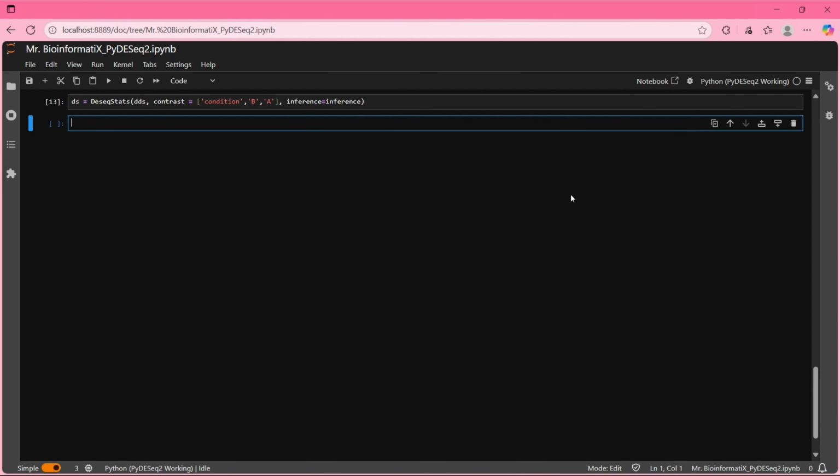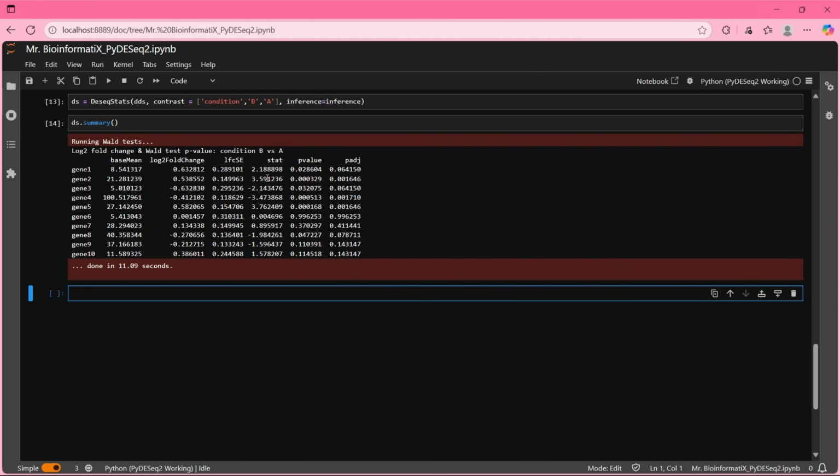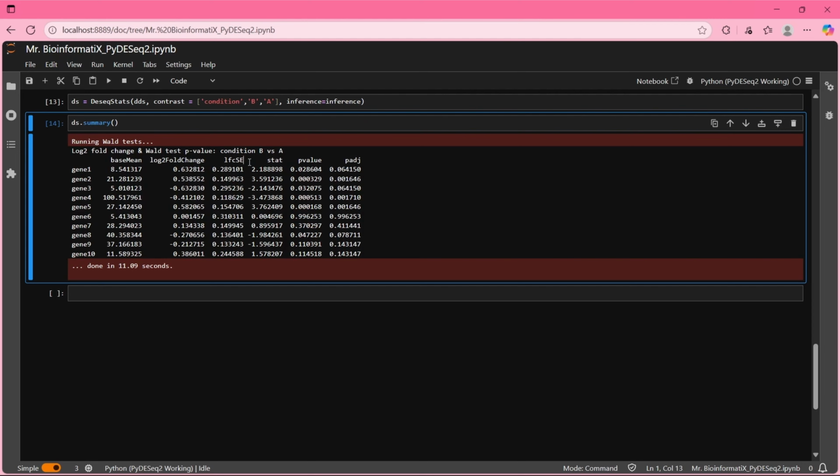And now we can perform the Wald test, as PyDESeq2 computes p-values using Wald tests. This can be done by using the summary method, which runs the whole statistical analysis, Cooks filtering, and multiple testing adjustments included. So we write ds.summary. Let's run our code. And as we can see, running Wald tests now. And here we have it. As you can see, here are the genes, base mean, log2 fold change, log fold change standard error, stat, p-value,